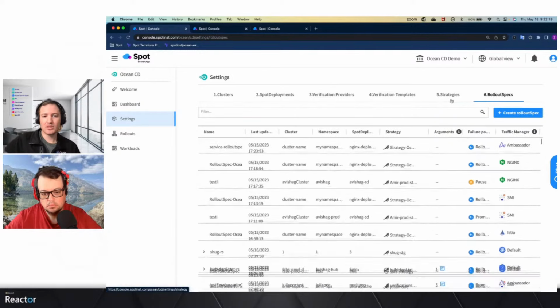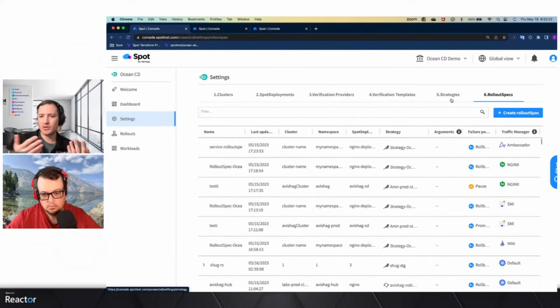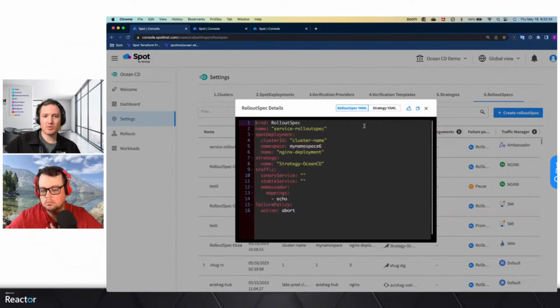If you're an application owner that maybe isn't a CD expert, you can just maintain an individual rollout spec, which is your way of saying, okay, this is my deployment that I maintain and I'm responsible for. And I'm going to point to this strategy. So I will just do canary or rolling updates, blue green, whatever the case might be. If something goes wrong, abort the rollout.